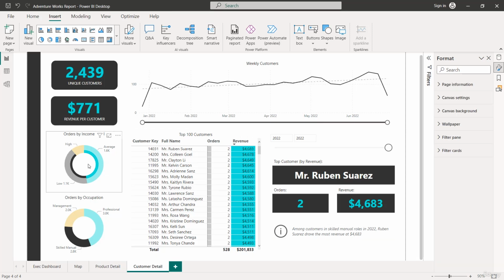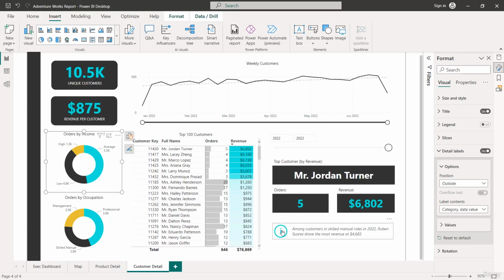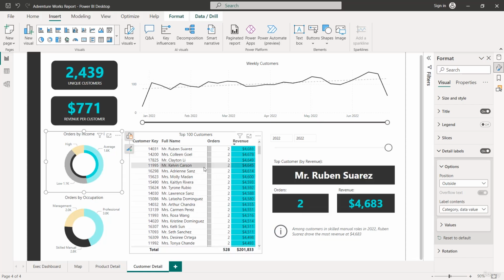So let's unfilter manually first. See the hover state. Let's control click. And there we go. It jumps into skilled manual filter. Shows our top customer for 2022 specifically, Mr. Ruben Suarez. So last part of the assignment here was to add that reset filters or clear all filters button,